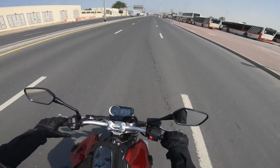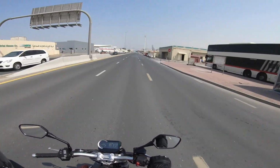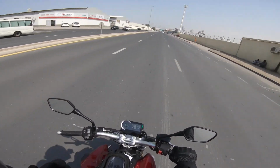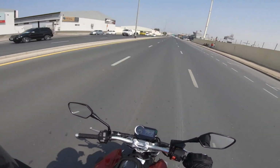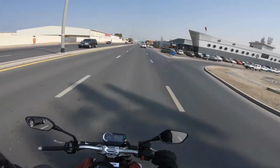And it's at 6th gear, 3,500 RPM. Now I'm going to get out and find some emptier roads. I'm going only through traffic so far. In traffic, it's nice. It's a hot day. I'm on 94 degrees